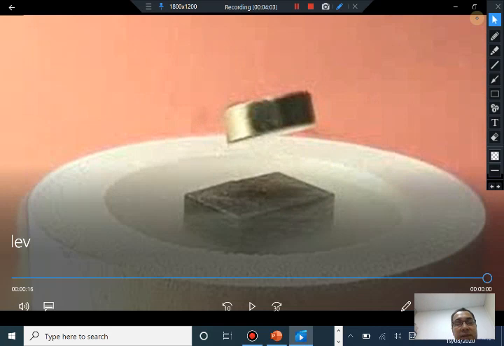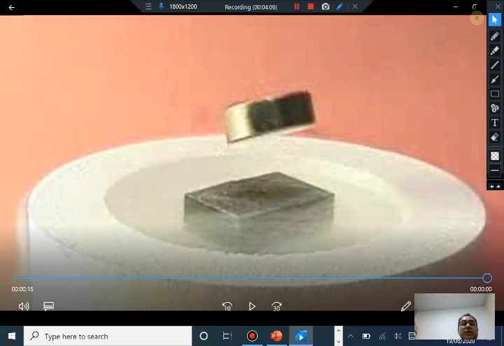So there are various different things going on in this phenomenon which you see here. I will come back to it much later when I discuss other aspects of magnetic fields interacting with type 2 superconductors. But for now, I will go into one aspect of it which partially explains this experiment.